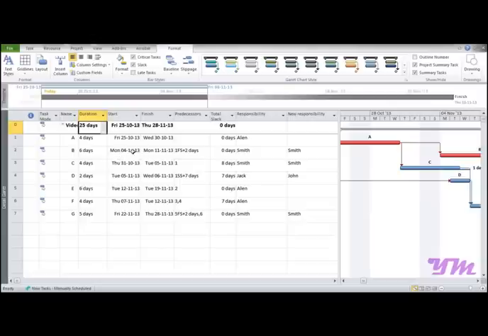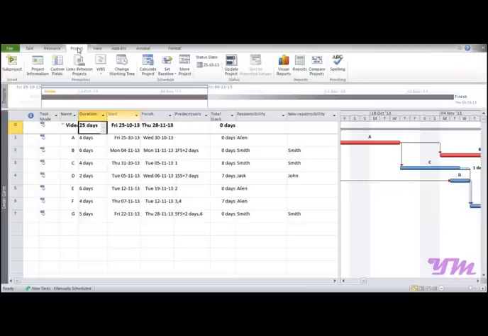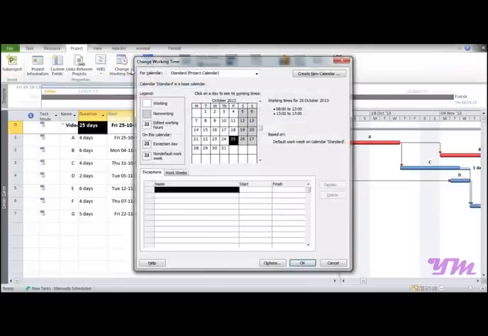Now if you want to modify the working times, that is, modify the calendar, you can go on to the project tab over here, and here we have change working time. Now we can click over here. So this is the general box that appears on our screen. The gray color over here indicates that it's a holiday, that is, Saturday and Sunday by default are set as holidays. So now if you want to modify and make them working days,